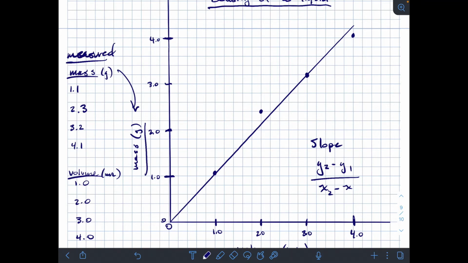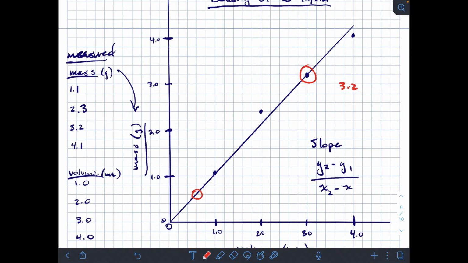What we do want to do is find places along the line where the line itself actually crosses at an XY point. So for example, right here, where we cross right on an XY point, and then I want to pick another spot that's kind of far away. In this case, one of my data points actually does fall right on the line. So when I go to calculate this slope, my y value will be 3.2